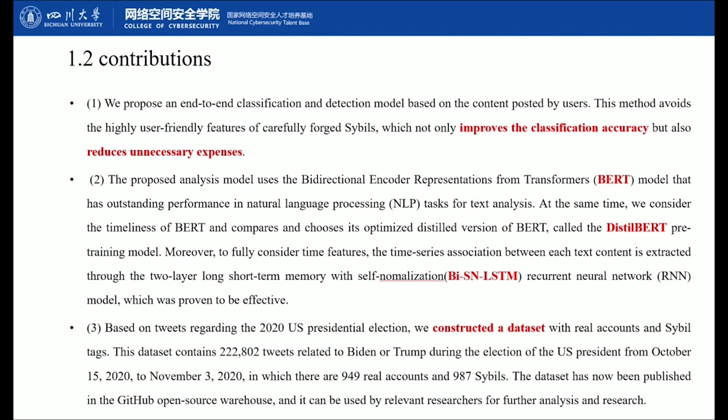This dataset contains 222,802 tweets related to Biden or Trump during the election of the US president from October 15, 2020 to November 3, 2020, in which there are 949 real accounts and 987 Sybils. The dataset has now been published in the GitHub open source warehouse, and it can be used by relevant researchers for further analysis and research.